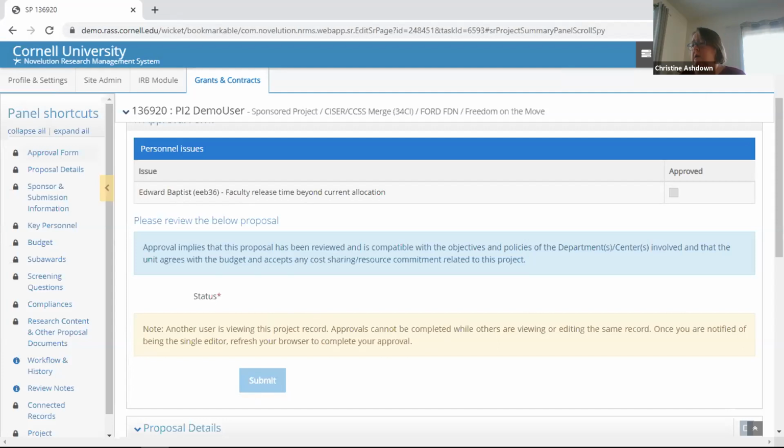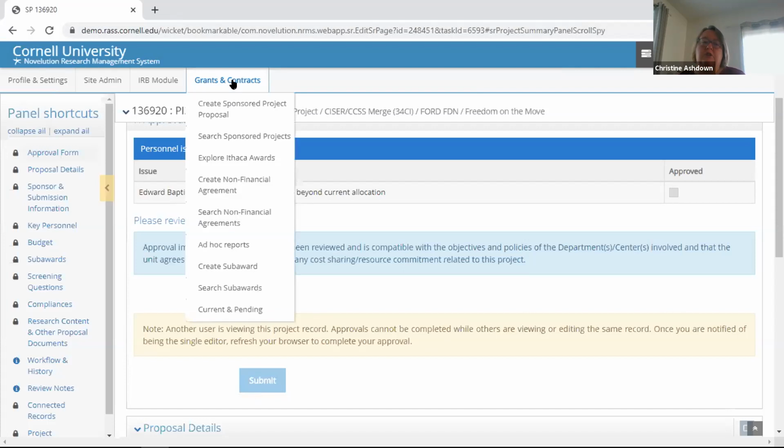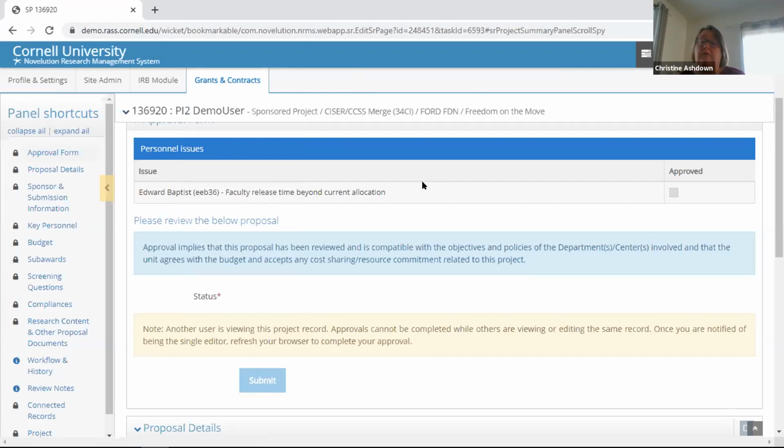And just a friendly reminder, if you are in a project record, it is very helpful when you're done to exit the record, and that just means go to either a search screen or one of the other pages so that you're not blocking that record for someone else, because as Carrie mentioned, the first person in does block the edit access for others that need to come in. So that's department, PIs, chairs, OSP, SFS, all your accountants. If you're in a project record and you're done, go ahead and exit out,